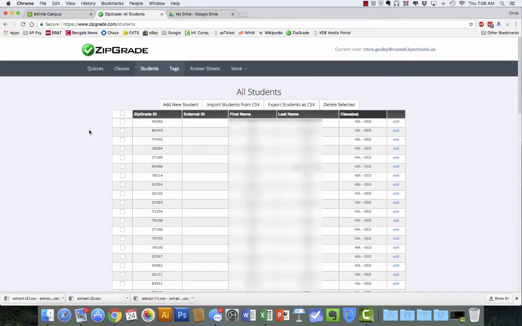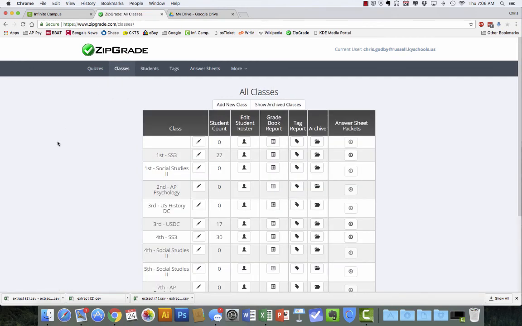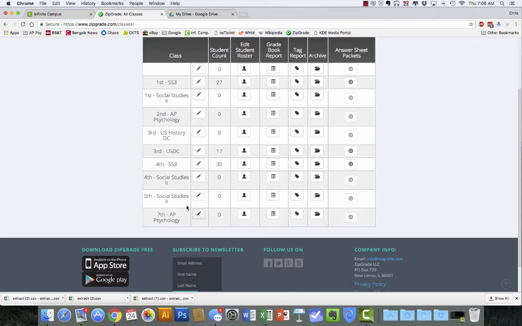Okay, so what I like about this is I can download bubble sheets that already have the students' names and ID numbers printed and bubbled in. And I'll show you what that looks like if you've never seen it. You go up to Classes. I've still got some classes from last year I need to remove, but the class I just created was 4th period or 4th block, Social Studies 3. I go all the way to the end choice here under Answer Sheet Packets, and I'm going to click that